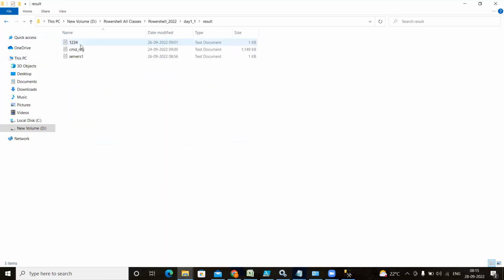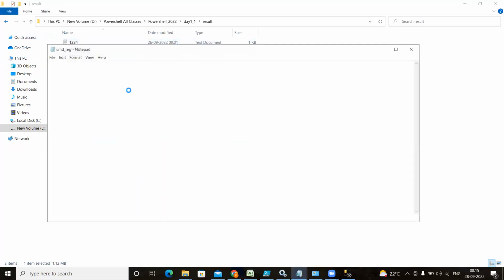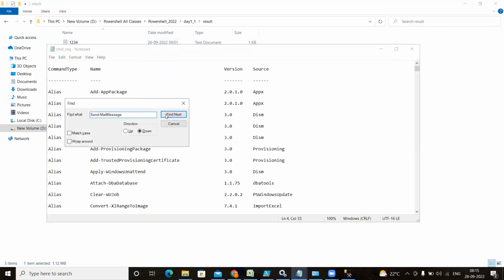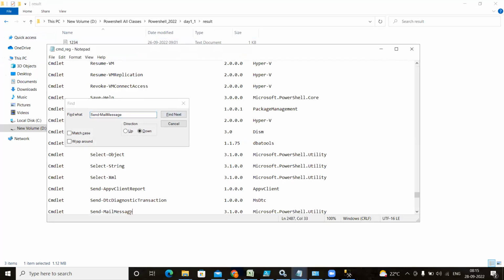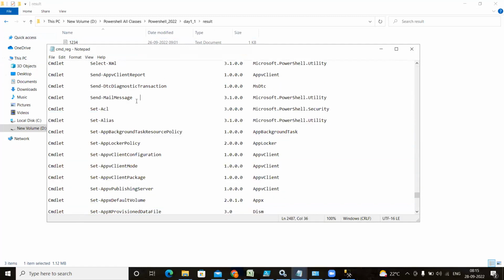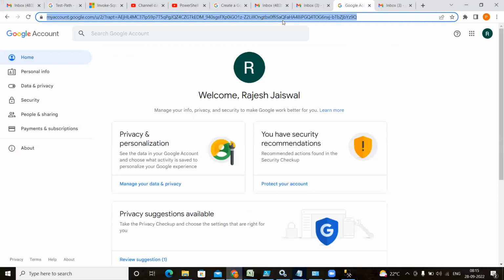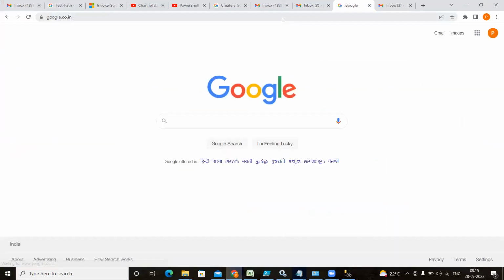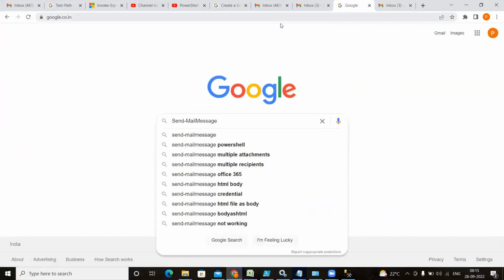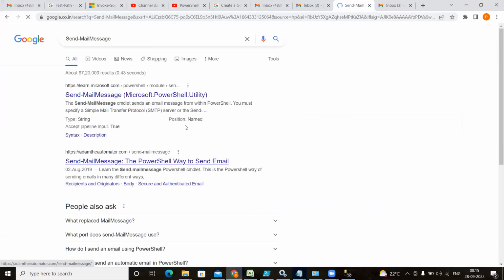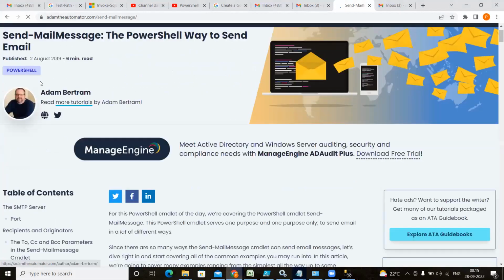If you look through the cmdlets, you will be able to find the command for sending email. Send-MailMessage. If you want to know how to use it, you can go to Google and type Send-MailMessage to get all the details. You can go to the first